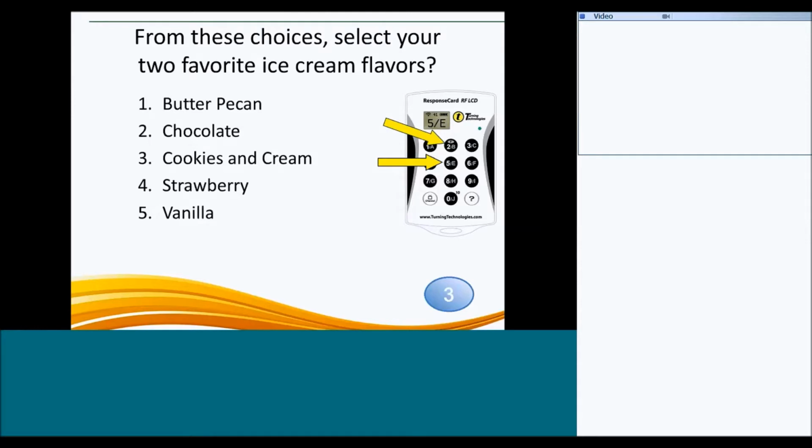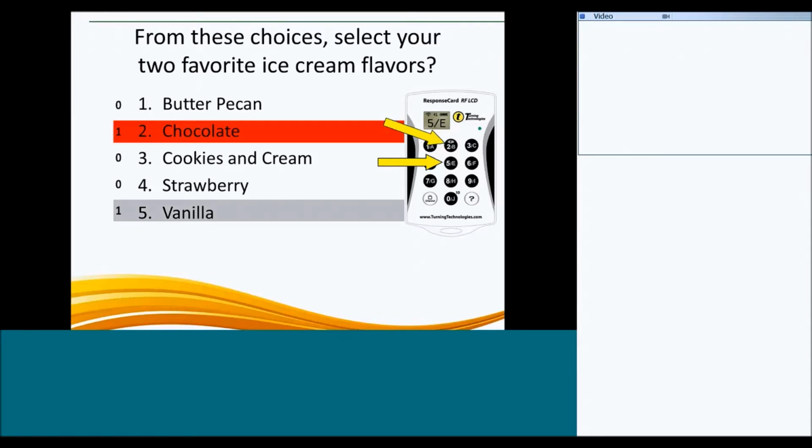Once polling has closed, we will see the results. It's that simple and easy. It's just like pressing a prompt on your telephone when you get an automated telephone answering system when calling to make an airline reservation or even calling your son or daughter's